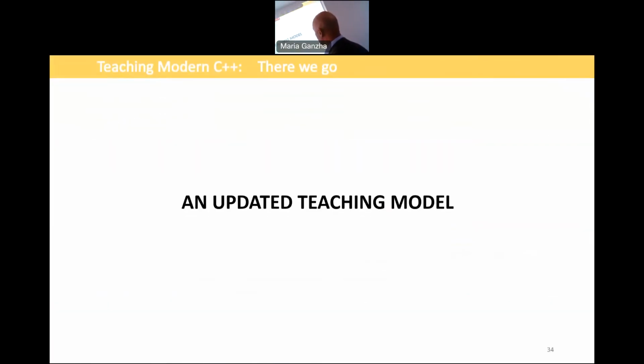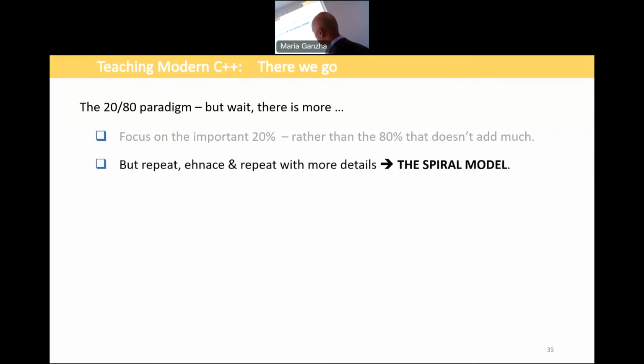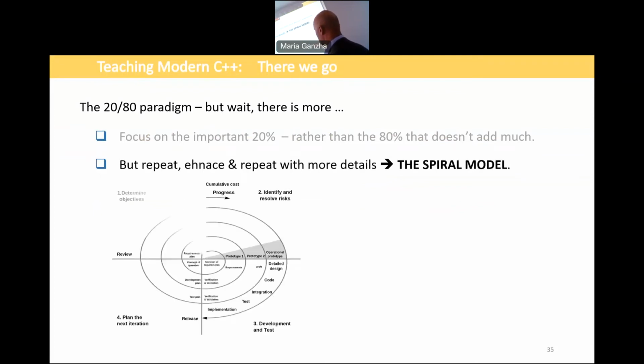So when we go to a little bit more updated teaching model for more advanced, we know that we were basing on the previous ground, but also we can focus on this important 20% again. But what we can observe is the spiral model, actually. So, you know, the spiral methodology.